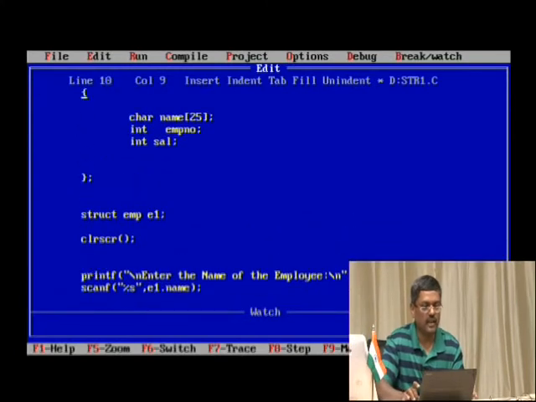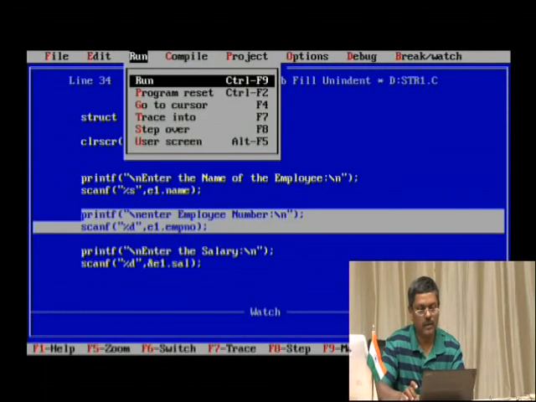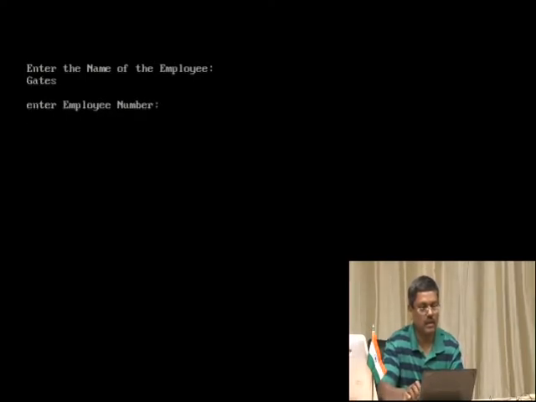You can see here name is the first one and the employee number is the second one, and the salary is this. So it should not get any warning. So now warning is 0. So it is done. And name of the employee is, say, Gates, and then number is say 120, and the salary is say 45.